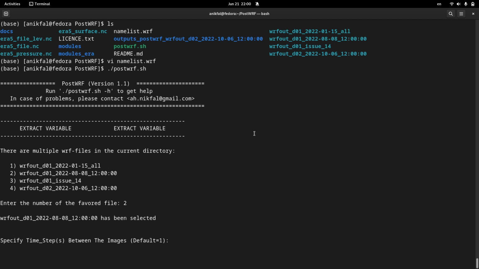Here the first question is specifying time steps between the images. If I put here 1, or if I simply push enter, it considers all the time slots inside the WRF output. But if I put here, let's say 4, it plots every 4th time step inside the WRF output. I put 2,